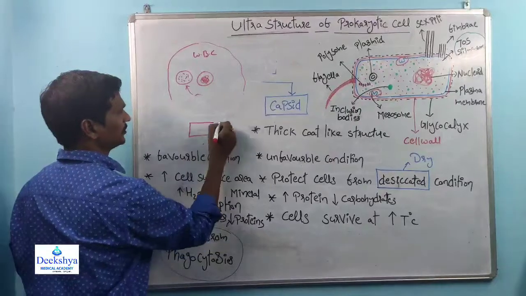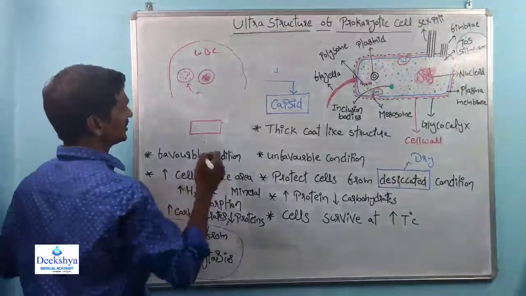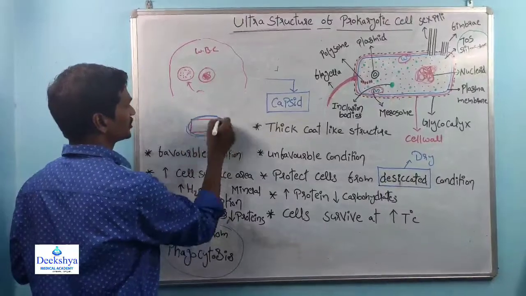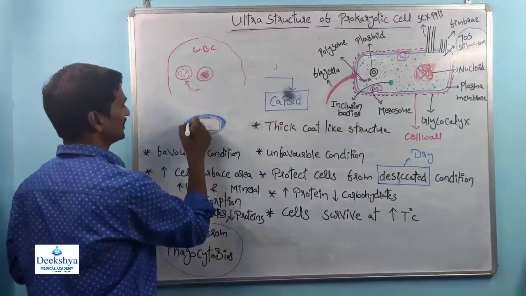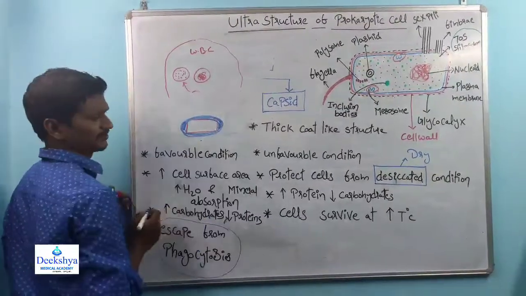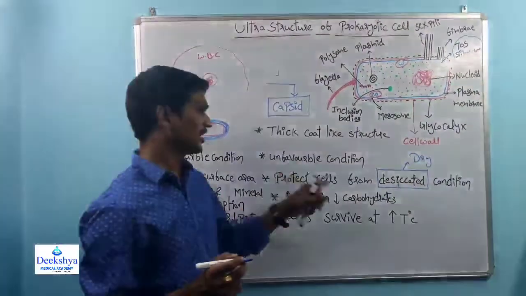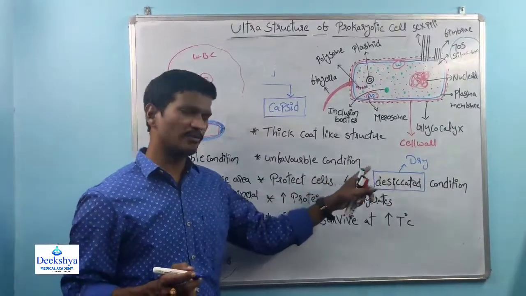This is the bacteria. During unfavorable conditions around the bacteria, a thick coat formation takes place. That thick coat is called the capsid. So that capsid is very useful for the protection of bacteria